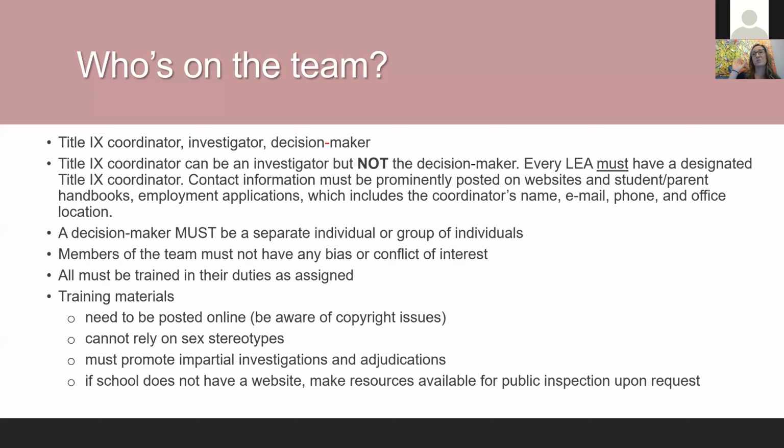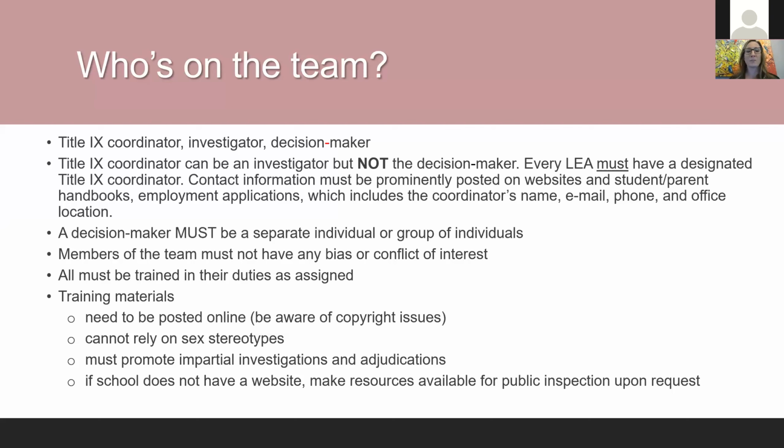A decision maker needs to be an unbiased party that will be reviewing all of the evidence and making the decision. Of course, when I'm hearing conversations, they want you to have a whole group of people who are decision makers. That's really hard to do in these circumstances. They're supposed to be unbiased, and there are a lot of conversations around that. How can a district be unbiased? But you're going to pick your reasonable people. I trust that I've worked with all of you. Y'all are reasonable to me.